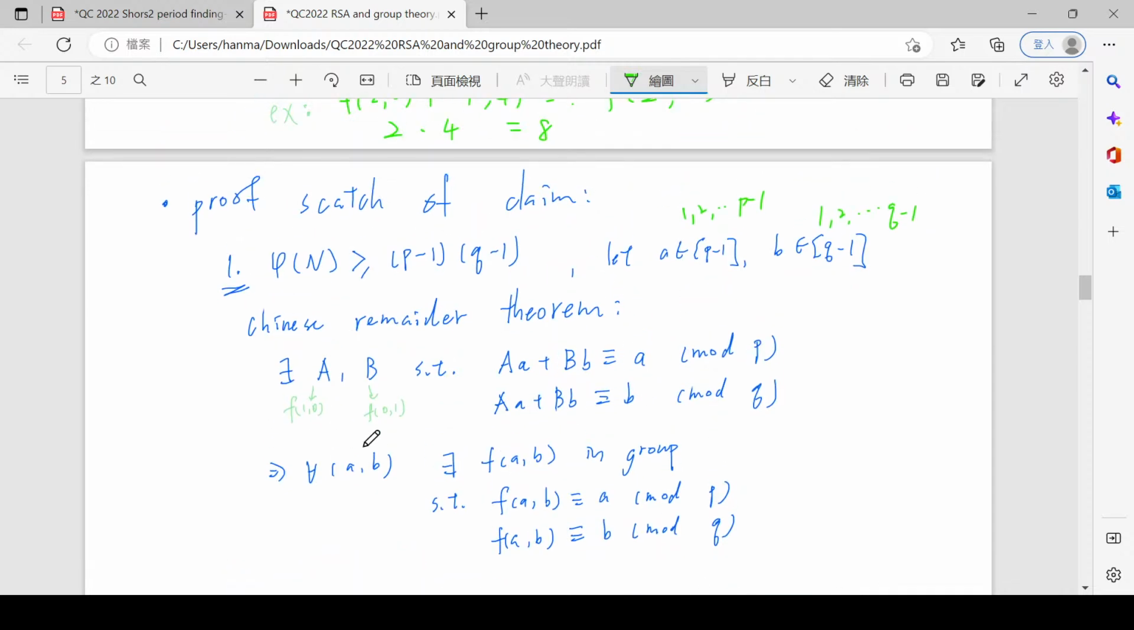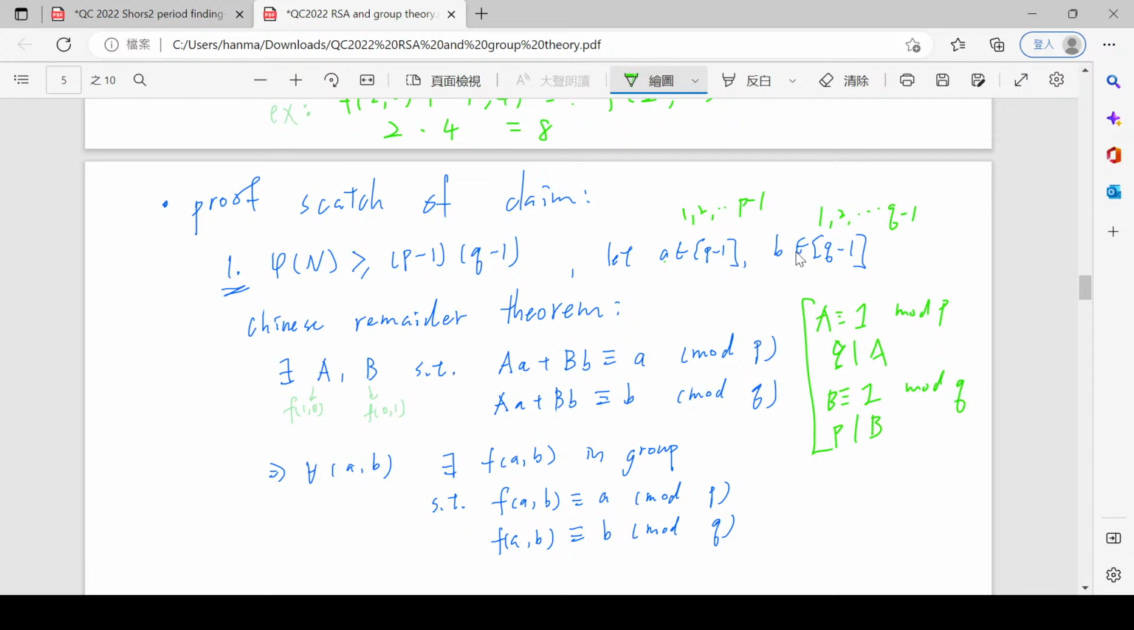So A is such that A is equal to 1 mod P, and Q divides A, and B is equal to 1 mod Q, and P divides B. Okay. So A, B satisfy this, and now when you try to fill the table, so you want to